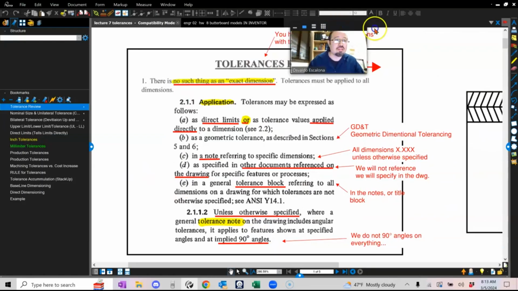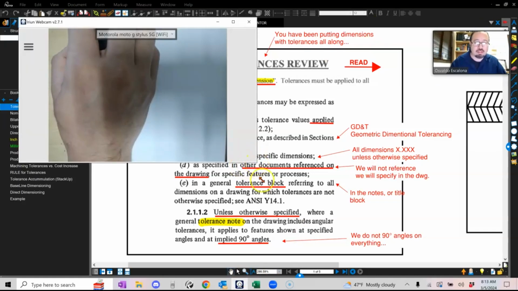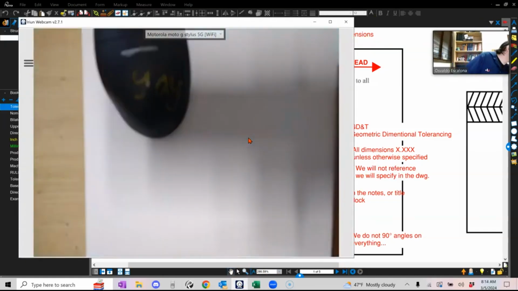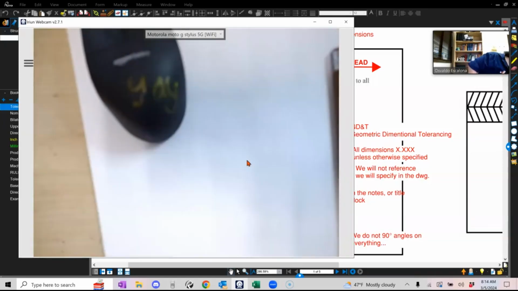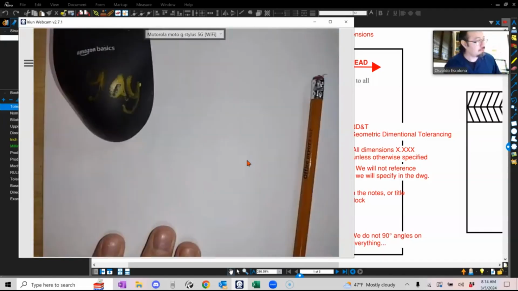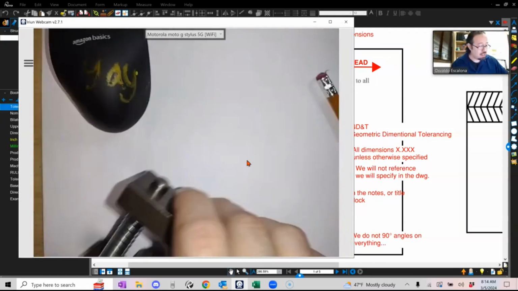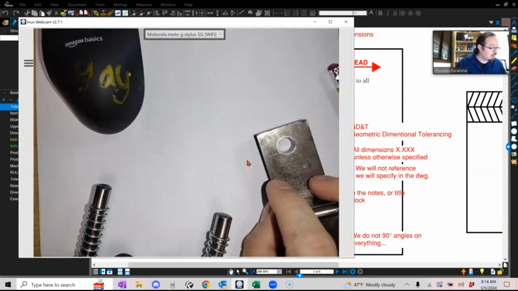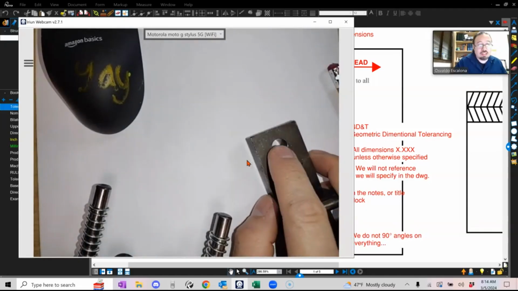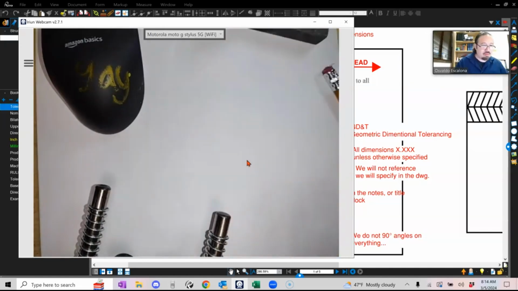Well, before we start any of this, let me bring my camera and let's talk about what a tolerance is. And let me get the flashlight. Okay, so every time you guys draw something, you most likely model it and say, oh, it has a diameter of 1 inch. Or it has a hole here, about a 3/8 hole. Or it has a width of about 1 inch, and so forth, right? When you model it,